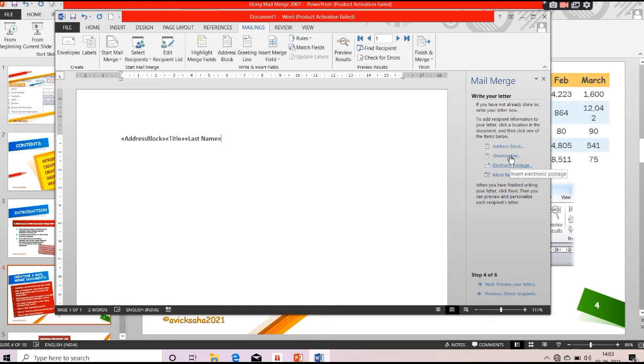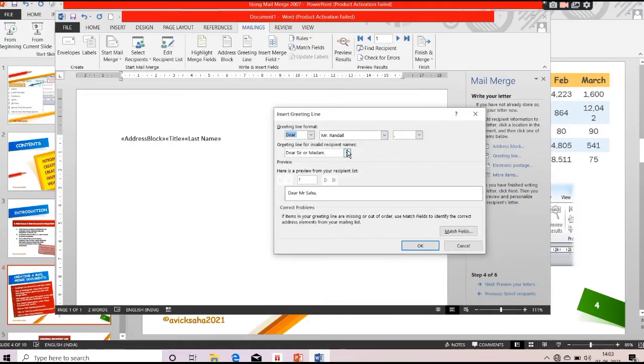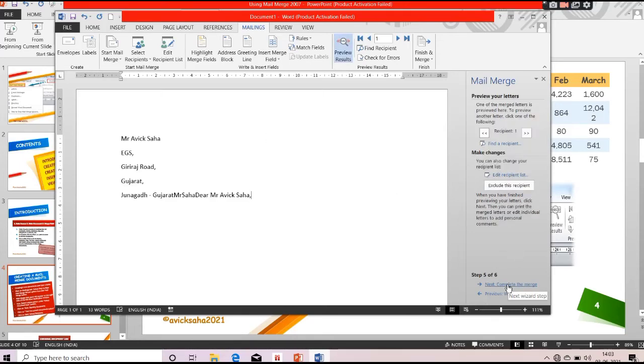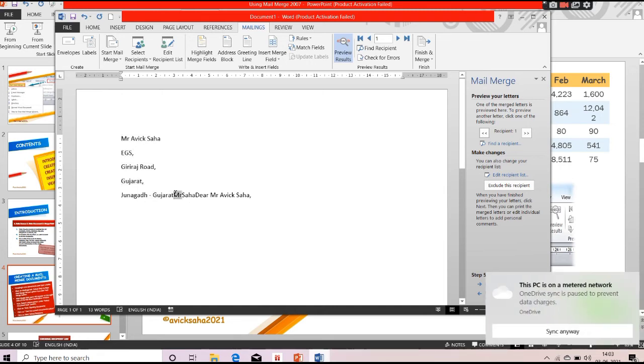You can add some blocks, you can add greeting lines also, like Mr. Mrs. Radhan, like this, Mr. Avik Shah, and that can be written here, next. And after that you can see the mail merge has been given with the full address, name, contacts, everything. And you can start from here, Dear.